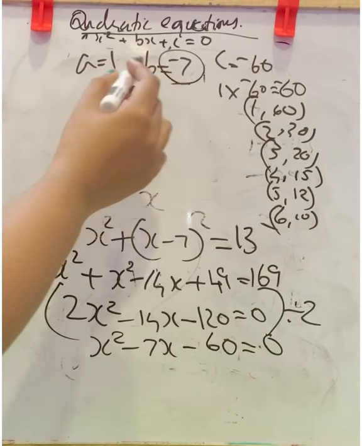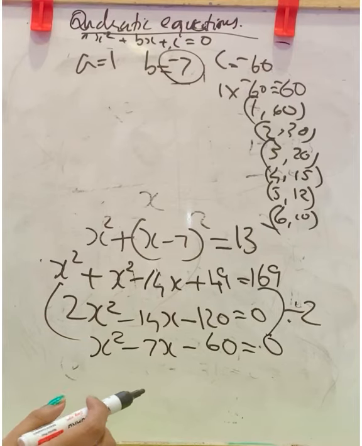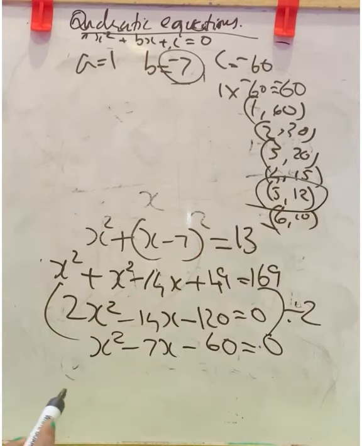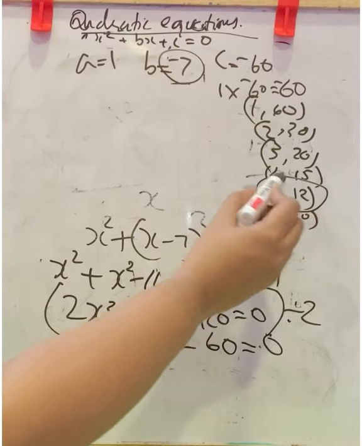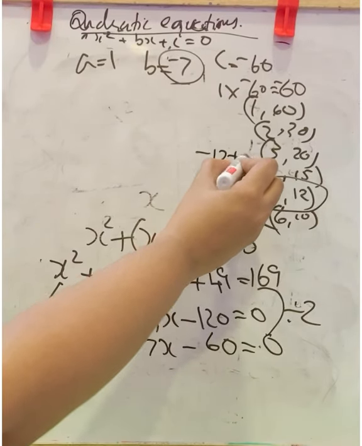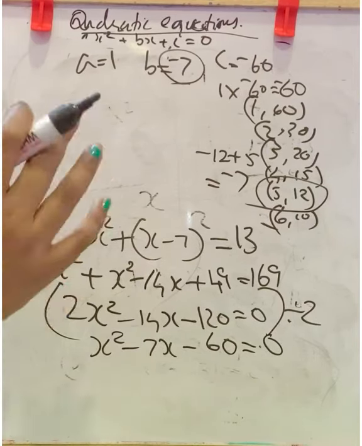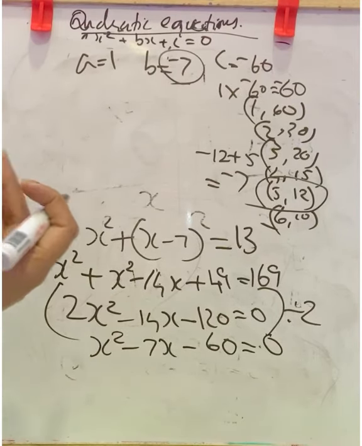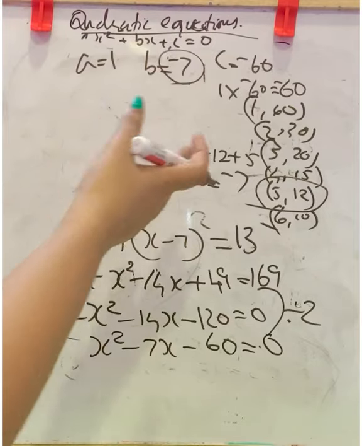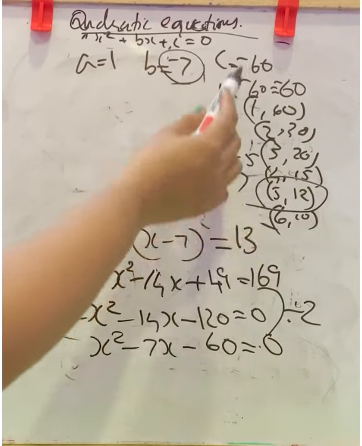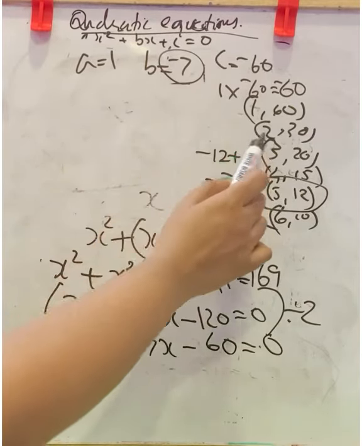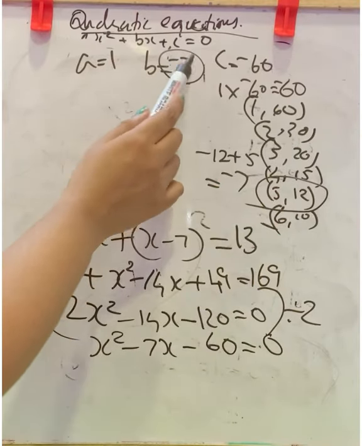So to get b, which pair will we choose here? 5 and 12, we have 7. That is, here we need negative 7, so this can be taken as negative 12 plus 5. The result will be negative 7. That we have to check. After practicing, it will be more easy for you. Don't think how will you get this b from these factors. Just check which of the factors, on operating, you will get this number.